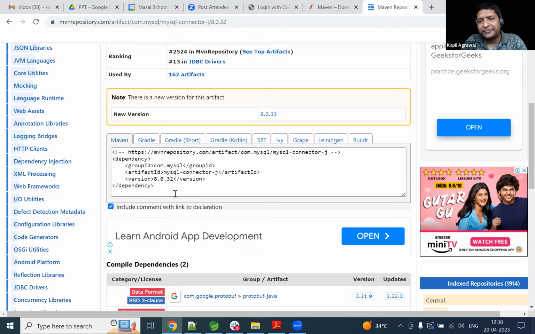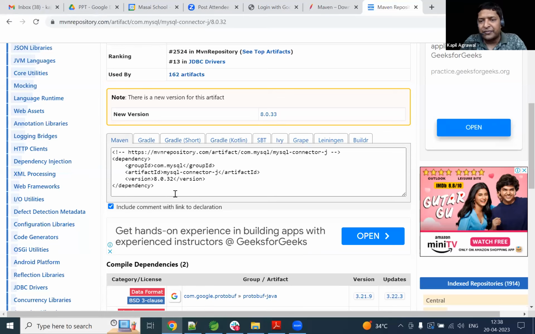Have you done with this, everybody? Have you followed the same step? Shall I repeat this step? If anybody is left behind,